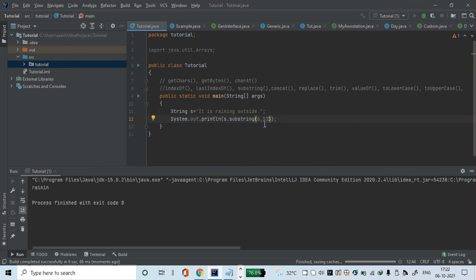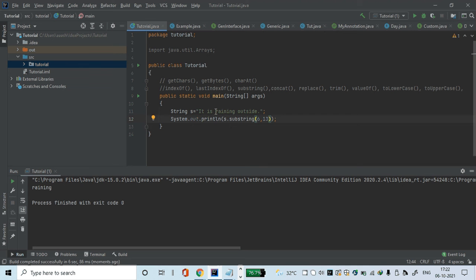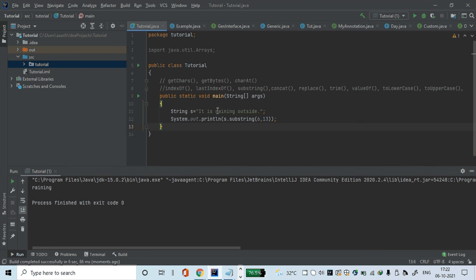If I hover over this, then it is going to show you how this particular method works. It returns a string that is a substring of this string. A substring is basically a string within a string. It is going to extract this particular part, and the return type of this method is String. The substring begins at the specified begin index, so begin index is 6, and it is going to extract R, and